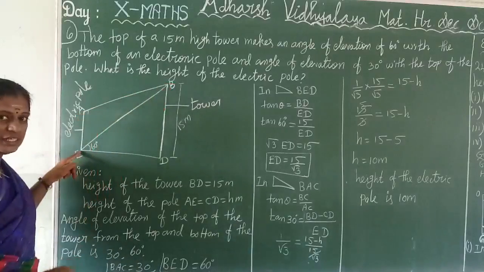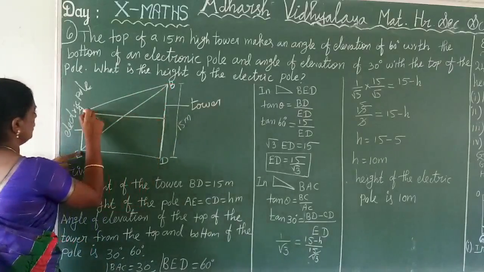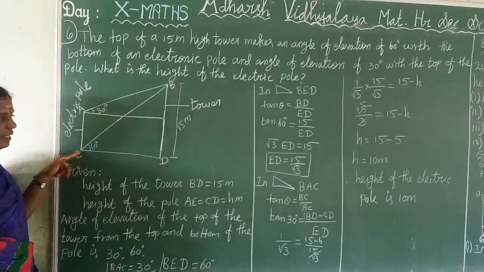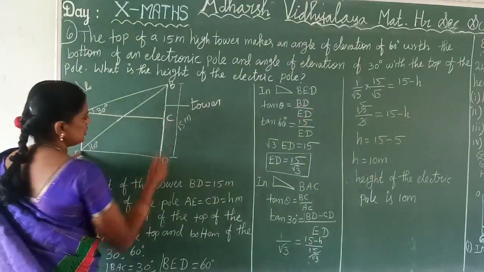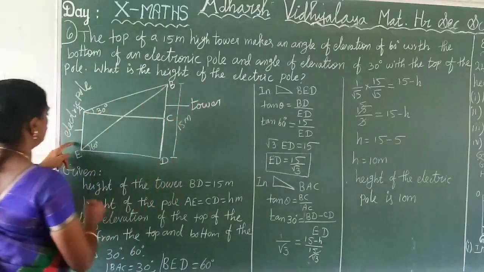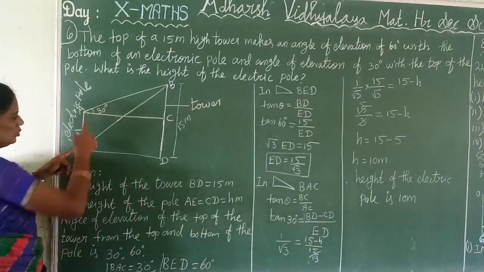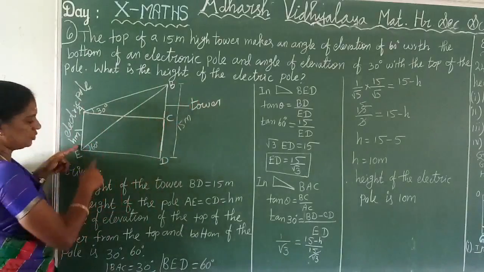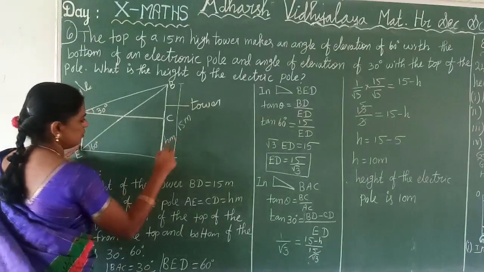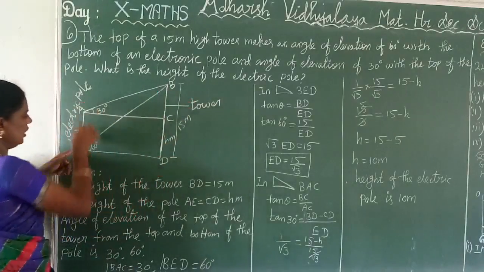Here make 30 degrees. So you draw one line. Here make an angle of 30 degrees. Clear? You give the name C here. We want to find the height of the electric pole. That one you take as h meter. Clear? So now this is a rectangle. So rectangle means this is h meter, this also is definitely h meter. Clear or not? So this one you take as the tower, this one the electric pole.